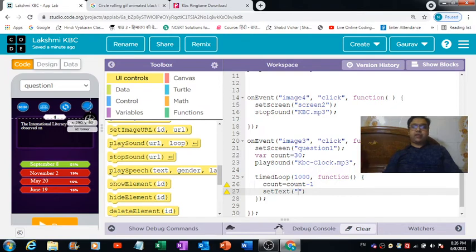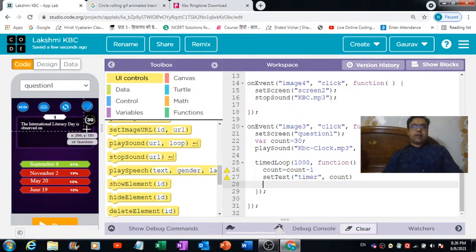So the idea of this text box is timer. We can just replace this one with timer, and then we can write down count over here, right? So now we will be able to see the value of count inside this text box.